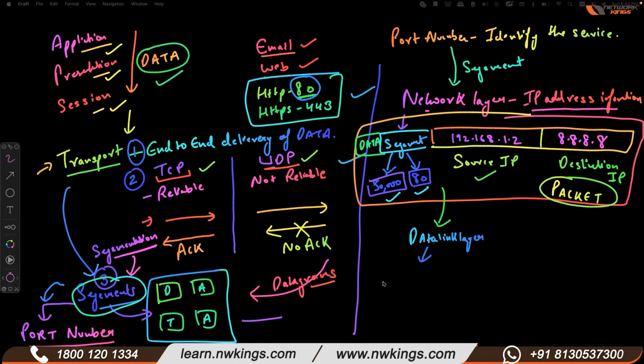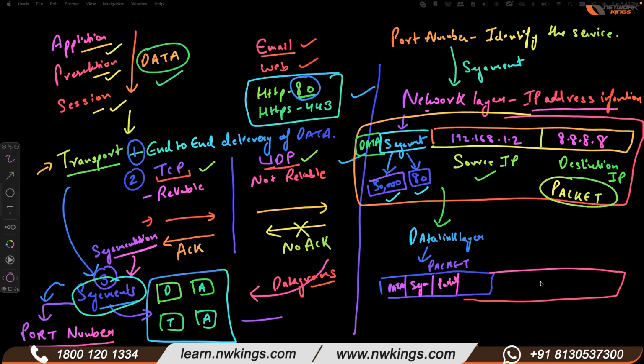Okay, so you remember what we are getting here? We are getting a packet from the upper layer. So this is what we got, packet. And inside the packet you have data, you have a segment header, segment information, you have packet information. Okay, all this information. And when this packet comes to the data link layer, this layer adds another piece of information, and